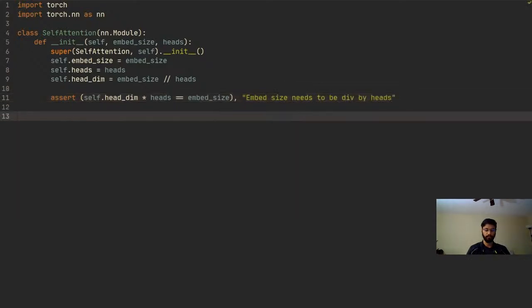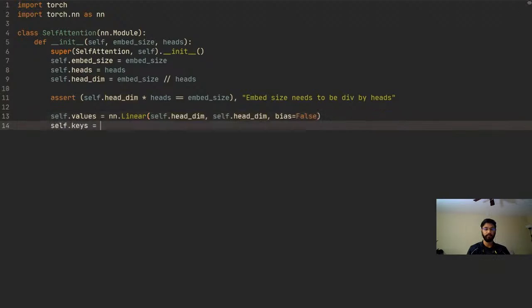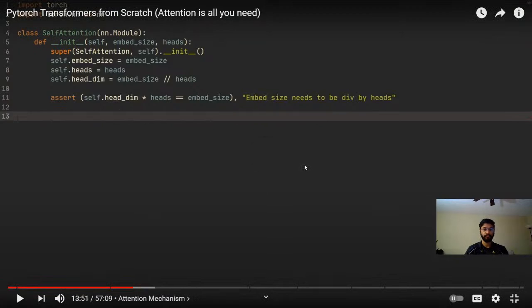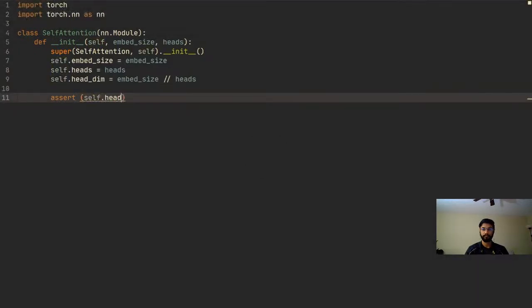What we're going to do then is define the linear layers that we're going to send our values, keys, and queries through. So we can do self.values is nn.Linear, and it's just going to take the head dimension and map it to the head dimension. And we're going to set bias equals False. And then we're going to do self.keys is equal to nn.Linear, and we're going to do